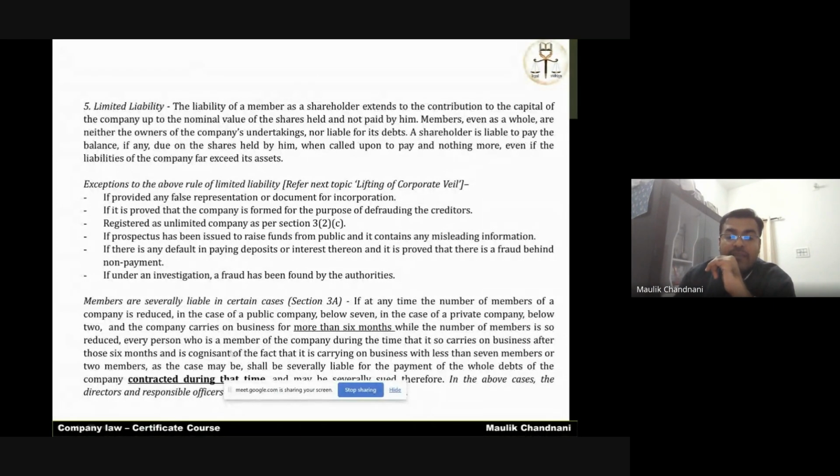क्या उन 6 महीनों के लिए ये जो 4-5 लोग बच गए वो सेवरली लायबल, मतलब अनलिमिटेडली लायबल होंगे? यस और नो? देखो 2 क्वेश्चन। उन 6 महीने के कॉन्ट्रैक्ट्स के लिए क्या वो 4-5 लोग लायबल होंगे? फर्स्ट क्वेश्चन। सेकंड क्वेश्चन, उन 6 महीनों के बाद जो कॉन्ट्रैक्ट्स होंगे क्या उनके लिए वो 4-5 लोग लायबल होंगे? पहले हम सेकंड क्वेश्चन ले लेते हैं, वो इजी है। कि अब मान लो 6 महीने निकल गए, अब जो भी कॉन्ट्रैक्ट्स हो रहे हैं क्या उनके लिए आप सब जने पर्सनली लायबल होंगे? यस और नो? और आपने नहीं बढ़ाए मेंबर, तो उन 6 महीनों के लिए क्या आप जो मेंबर्स बिलो 7 हो चुके हैं आप पर्सनली लायबल होंगे? यस और नो? पूरा पैराग्राफ आपके सामने।